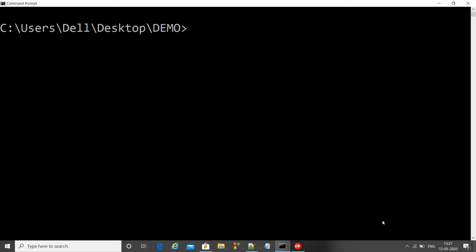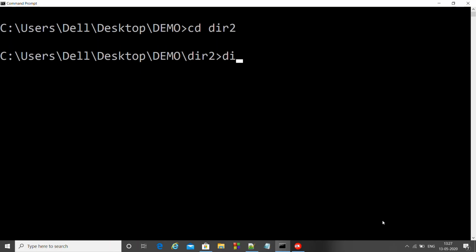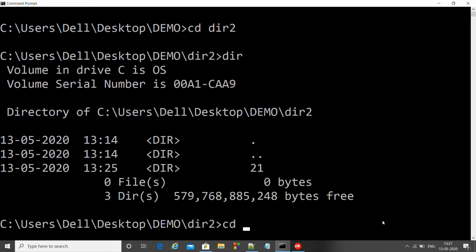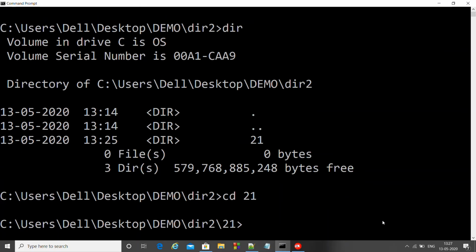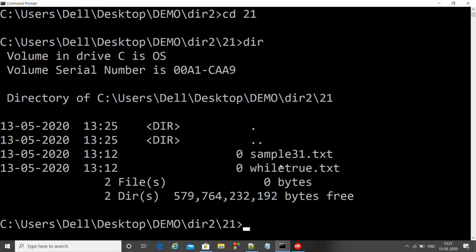Next command we'll be learning is the one using which we can move a file from one location to another. Previously what we learned was we used to copy a file from one location to another. This command will move. It means the previous one used to do copy paste and this one will do cut paste. We'll go to directory 2 to access the files. Directory 2, there we have directory 21, cd21. There we have these files.